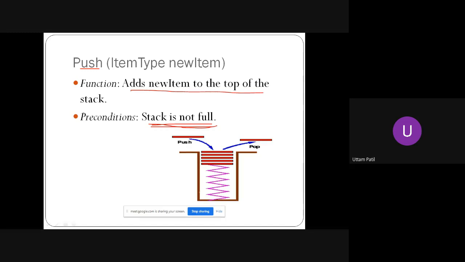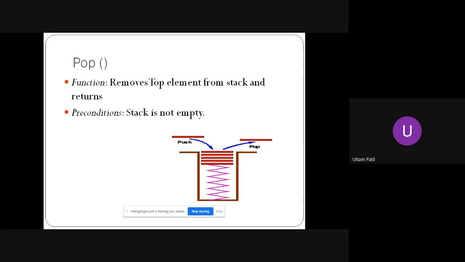Okay. So this is another diagram which I had downloaded, which shows that a stack has only one end called top. And then we have the push operation, which is inserting something into the stack, and the pop operation, which is removing something out of the stack. Next operation is pop. Pop functionality is the removal of the top element from the stack. After removing, if this is a function, it should return the element to, say, the main function. So pop is going to remove an element from the top of the stack and return it.